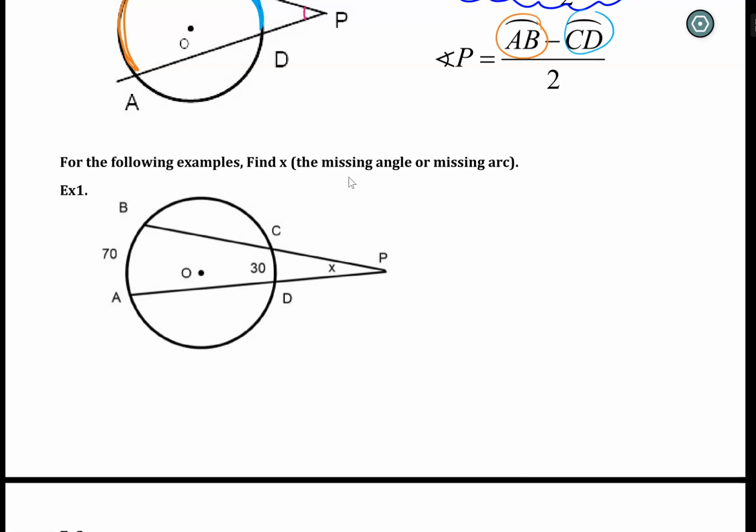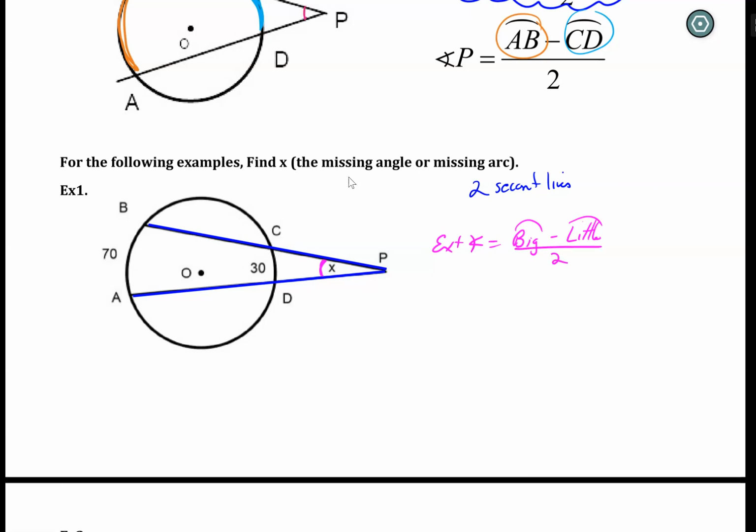It doesn't really matter which type of segments you have, as long as you have those segments, the secant and the tangent lines. In this particular example, for example number 1, we see that we have two secant lines. It doesn't matter, but it's good to be able to identify what they are. So here's my exterior angle. Like I said before, we're going to use our formula: the exterior angle equals big arc minus little arc,